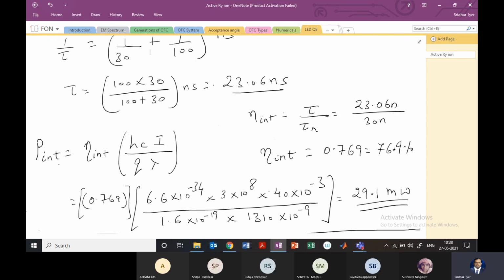But the problem in terms of communication over large distance is that the LED has a very large spectral width. So with distance, this light is just going to spread out, and the intensity also becomes very, very low. So in terms of longer distance transmission, LEDs do not work. Means they work, but they are not very efficient. For shorter distance, obviously we'll always use LED.